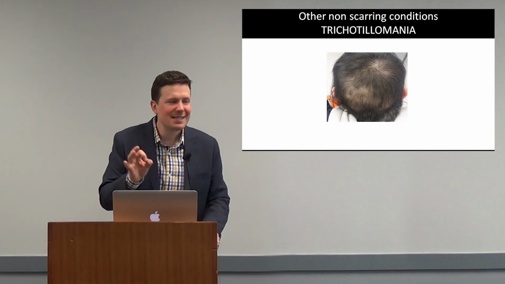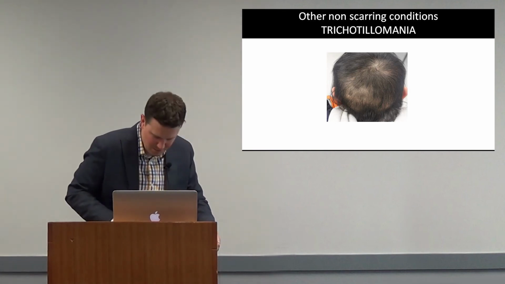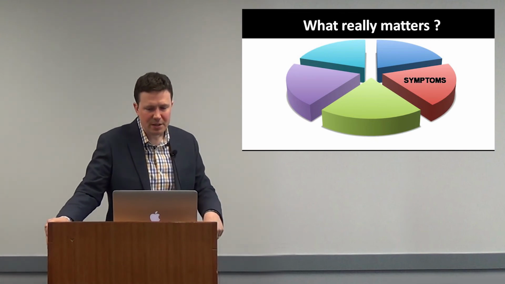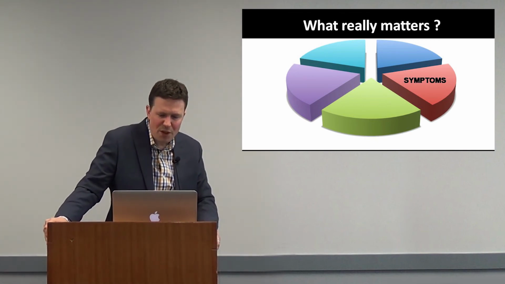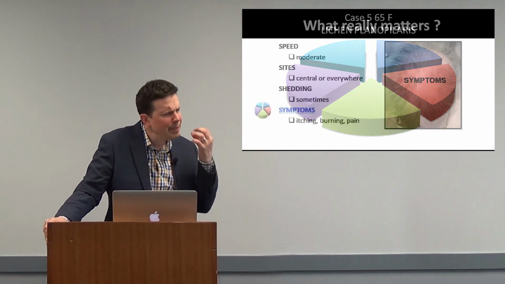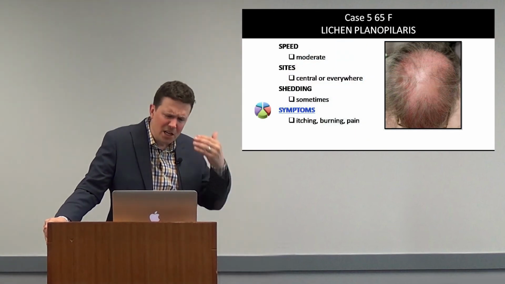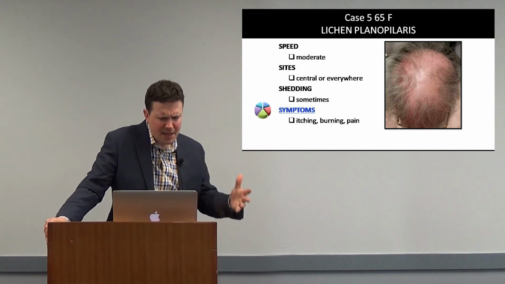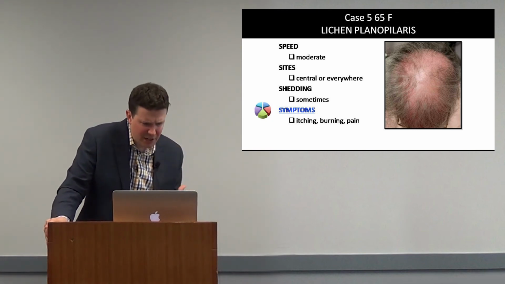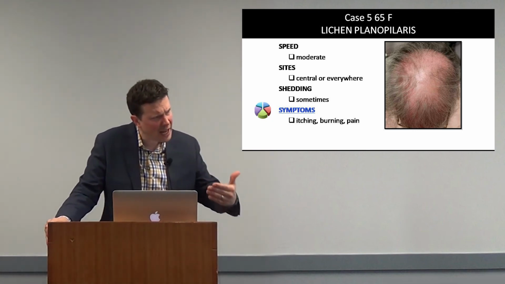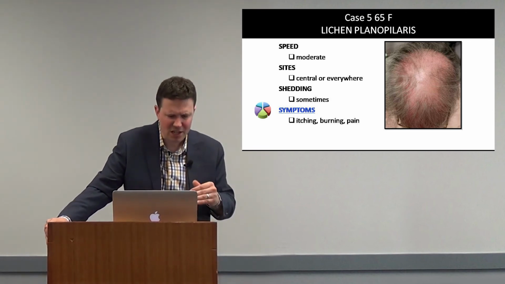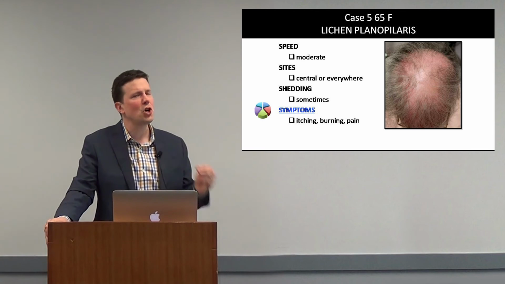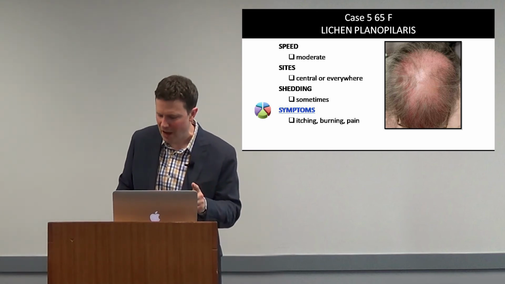Finally, what about the S that's associated with symptoms? This is a patient, 65, who presents with itching, burning, pain in the scalp. The speed of the hair loss is moderate. The hair loss is occurring more in the central scalp, but patients with scarring alopecia like she has can have hair loss anywhere. She may be shedding a bit more than normal, but the predominant S in these 5 S's